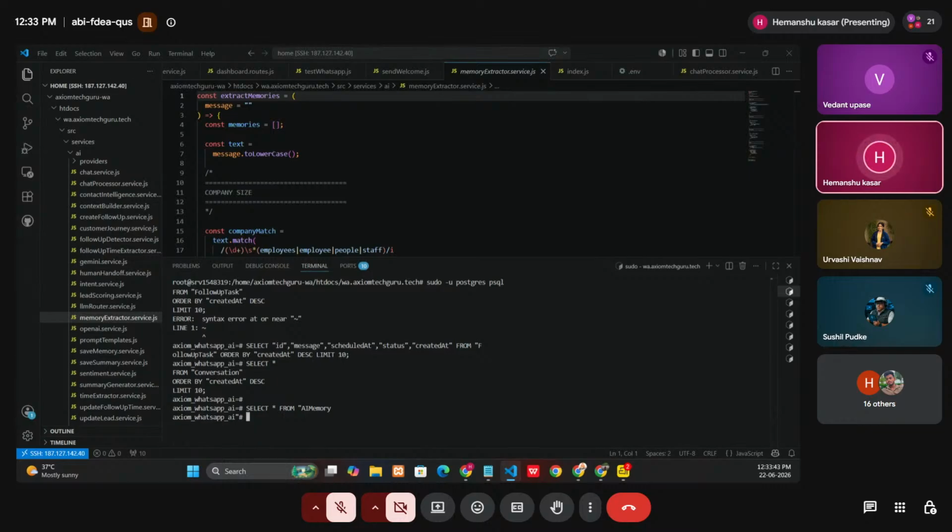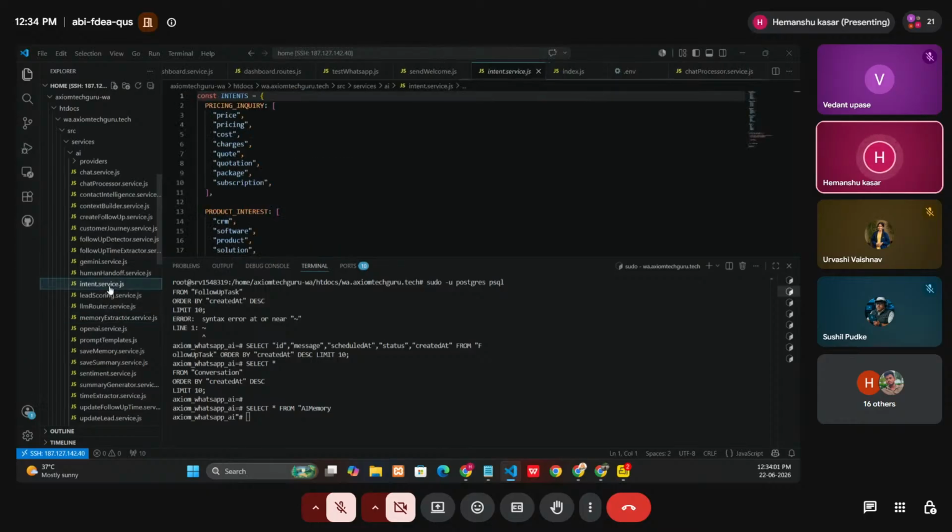This allows the bot to remember customer interest. Then in the intent.service.js, the bot understands the customer intentions. The intent.service.js I will show. So for example, if the customer says call me tomorrow,